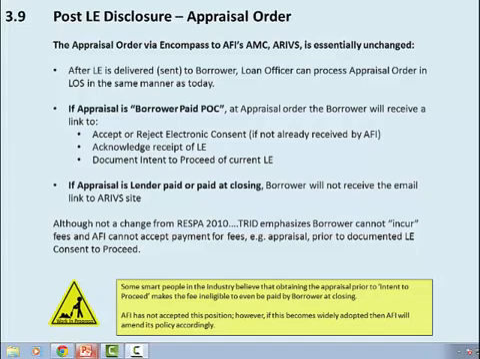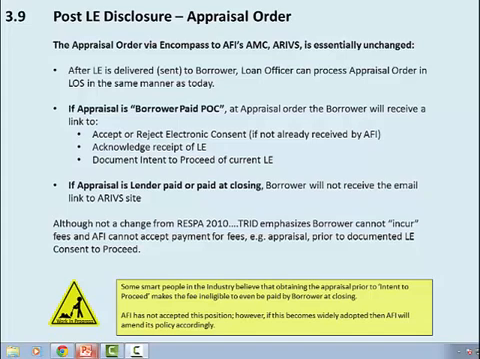This process is essentially unchanged from RESPA 2010 GFE and TIL. After the LE is delivered to the borrower, the loan officer can process the appraisal order in the LOS in the same manner as today. If the appraisal is borrower paid POC at appraisal order, the borrower will receive a link to accept or reject electronic consent if not already received by AFI, acknowledge receipt of the LE, and document intent to proceed of the current LE. If the appraisal is lender paid or paid at closing, the borrower will not receive the email link to